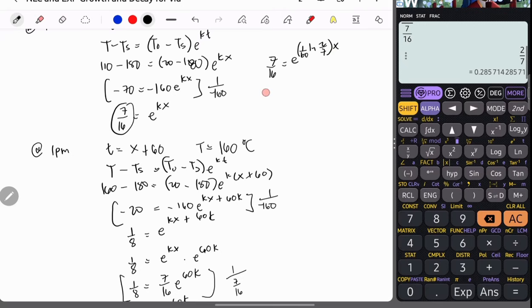Take ln of both sides. So, ln 7/16 equals 1/60 ln 2/7 times x. Then, divide both sides by 1/60 ln 2/7. Our x is equivalent to ln 7/16 all over 1/60 ln 2/7. So, x is equal to